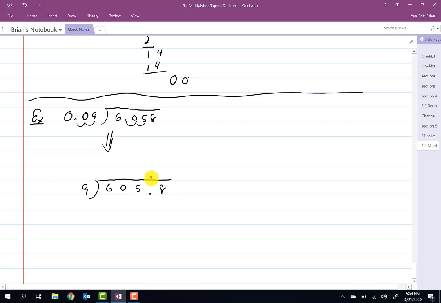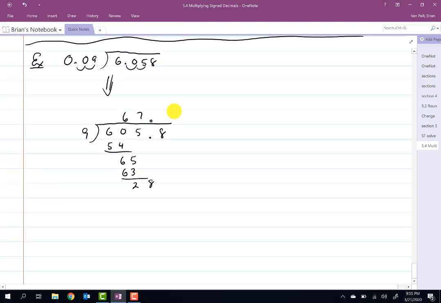So let's start. 9 does not go into 6, but 9 does go into 60. It goes in there 6 times, 54. 60 minus 54 is 6. Bring down the 5. 9 goes into 65 7 times, 63. 2. Bring down the 8. 9 goes into 28 3 times,